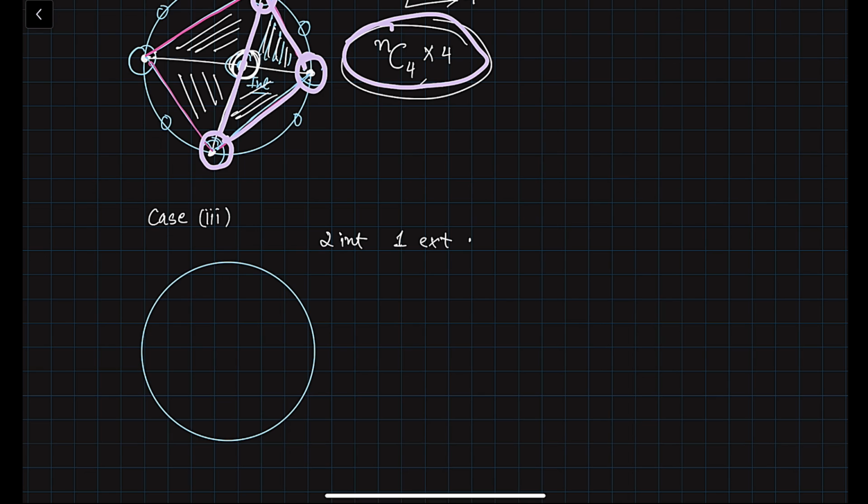Let's see how this is possible. So 1 external is fine. For 1 internal point we need 4 points minimum. So we see that this happens. Now we need one more point, but we cannot take these 2 points. Three segments are not intersecting on the same point, right? Same internal point. So what can we do?